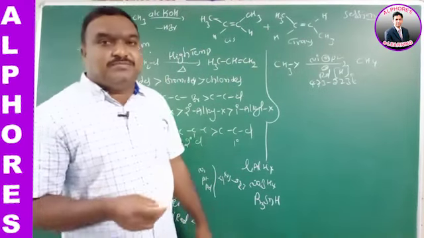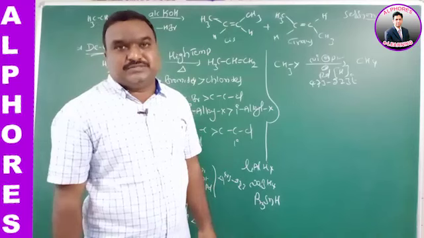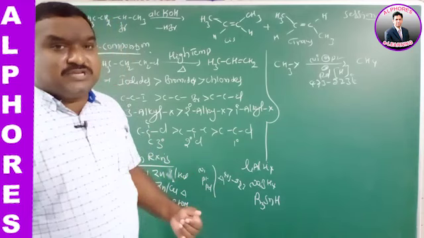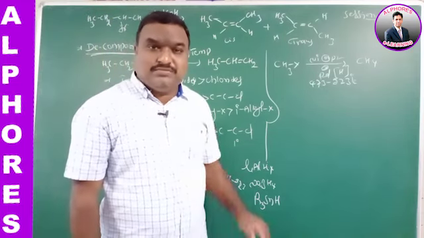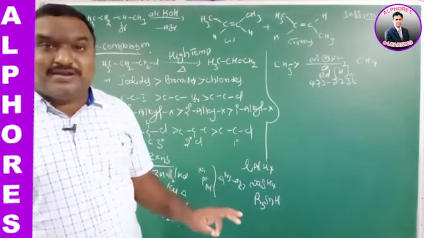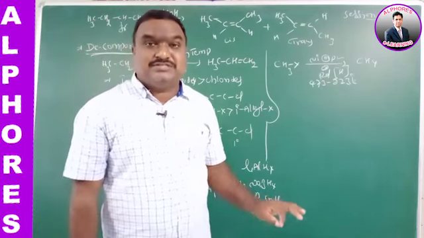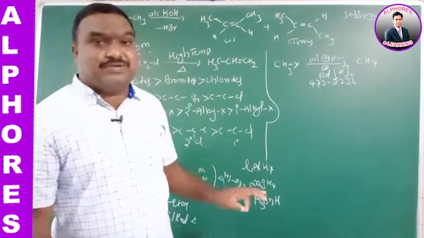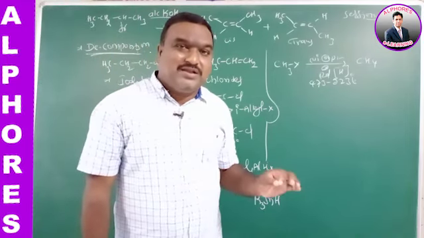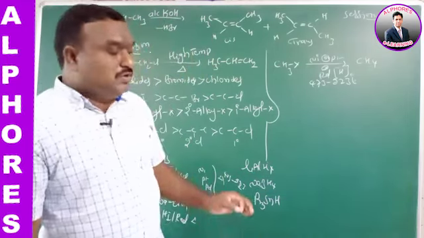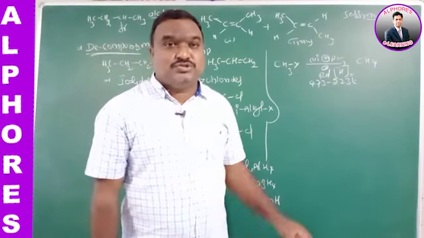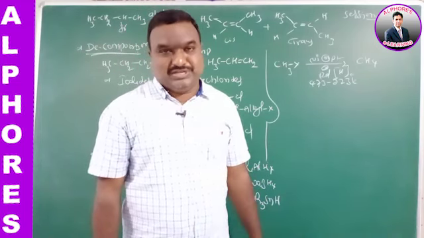So one of the important methods to prepare pure alkanes: trialkyl tin hydride is a very good selective reducing agent. Why? Because the trialkyl tin hydride compound reduces halogens and NO2 groups and does not show any effect on the remaining functional groups. What is the specialty of trialkyl tin hydride? It shows effect on halogens and NO2 functional groups. It does not show effect on other functional groups.